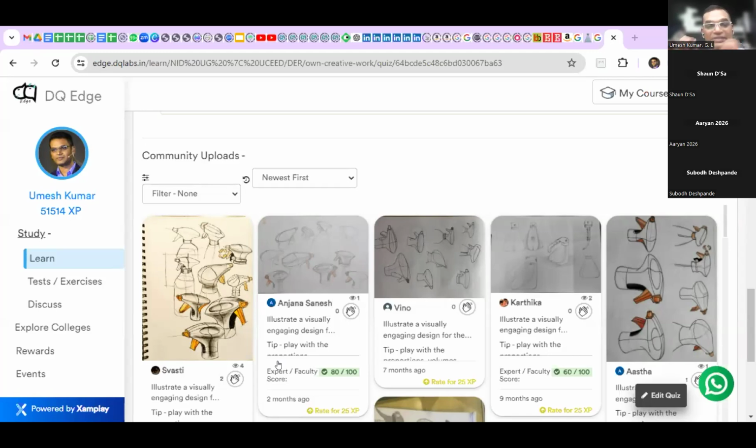So it has grown to who we are right now. Whatever systems and processes and the number of classes that we are delivering has a reason. And that's going to help you tremendously if you reciprocate, if you adapt and implement it. So this is an earnest request from me and Sean: utilize them nicely. Take every moment in DQ Labs very seriously, give your seriousness and dedication, and you can see very good progress. Okay, fine.